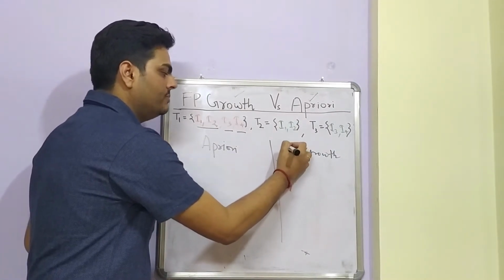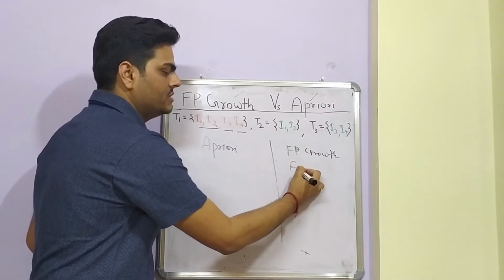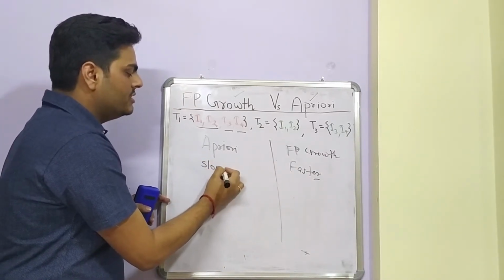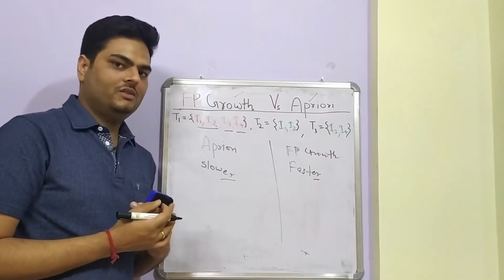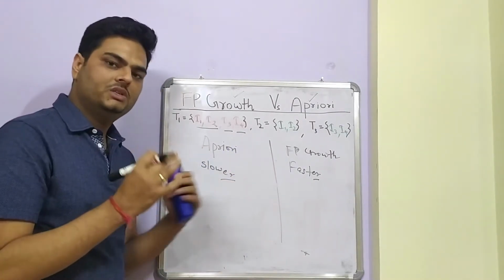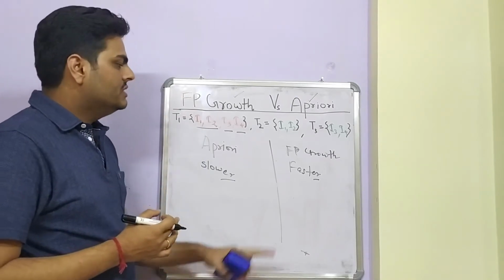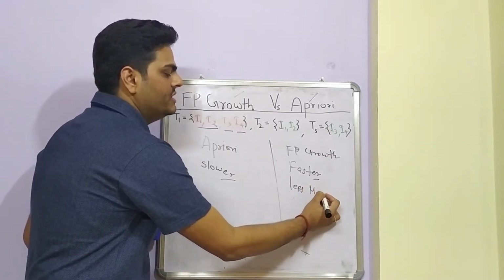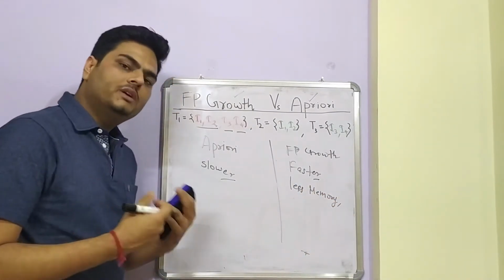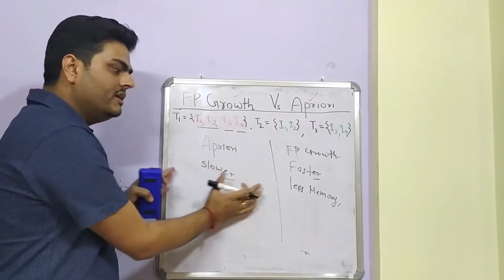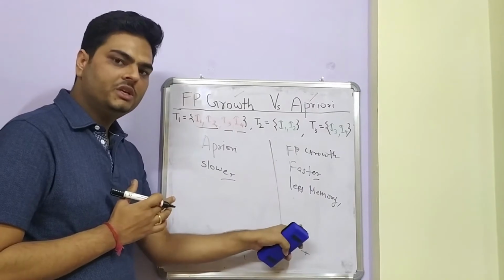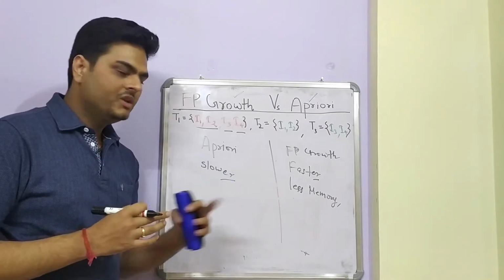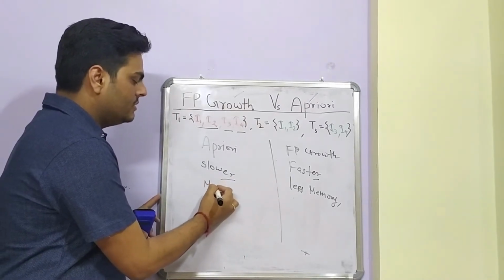Okay. So FP growth is a faster process because there is no candidate key generation, and this is a slower process because we need to generate the candidates like the way I told you, single, double, all the combinations. Also, this is very less memory intensive. This consumes less memory. The reason for that is, again, keys are not created and hence the space for that array is not consumed. There is a space consumed for the tree, but the array takes all the combination of different items and hence the space is bigger. So here it will take more memory.